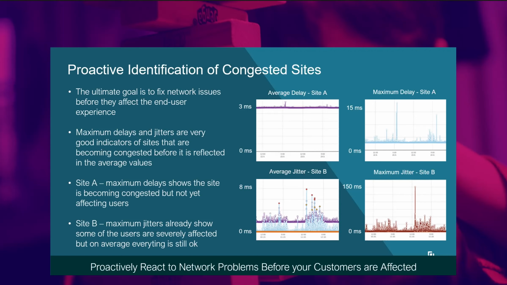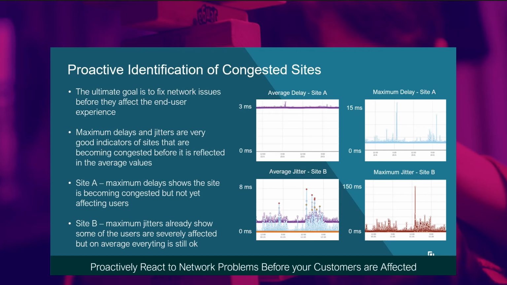So here you can see that with a solution where you can look at both the average delays and then investigate also the maximum delays, you are able to be actually proactive on how you manage your network. And it's a very nice tool also in the sense that you can determine where to focus your investments. Don't put more capacity where you don't need it. Put it where you actually do need to upgrade, where it's gonna affect